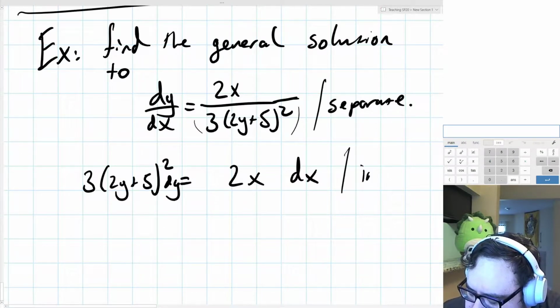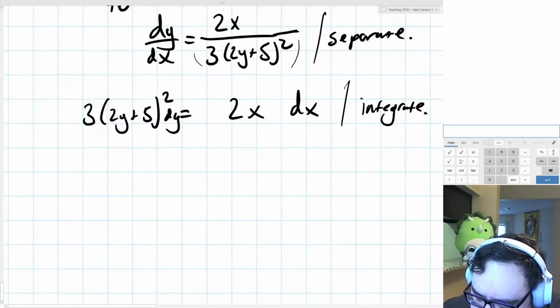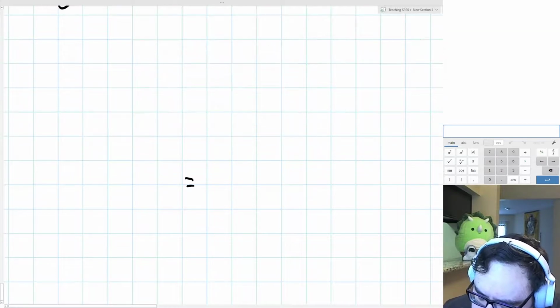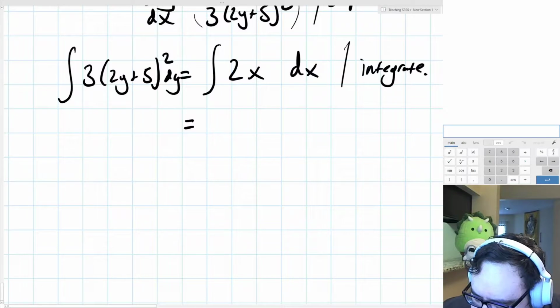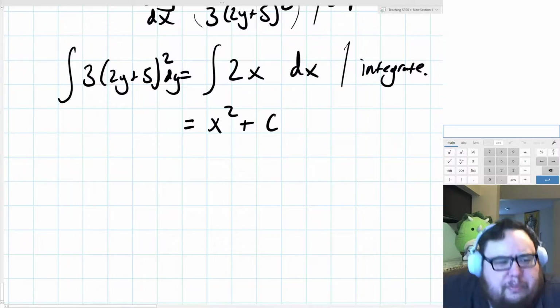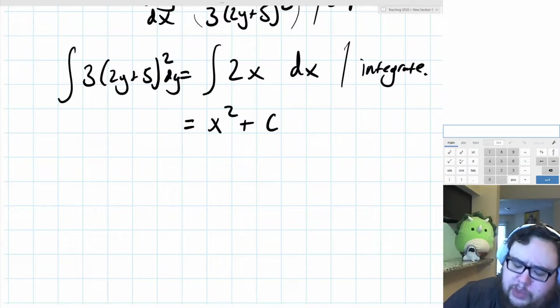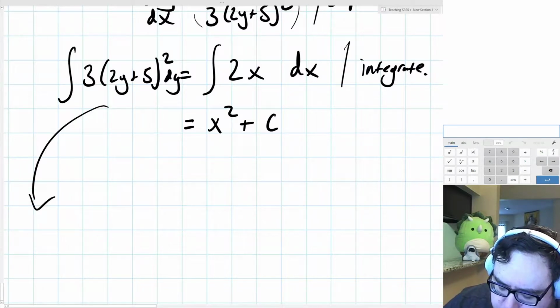And then we can integrate. So we'll take the integral of both sides here. The right-hand side is pretty straightforward. The integral of 2x is just x squared plus a constant. The left-hand side's a little bit trickier. We can't just do this one straight up. We need to find a way around it. There's really 2 ways we can tackle this integral. But either way, I'm going to sort of bring this off over here to a box.